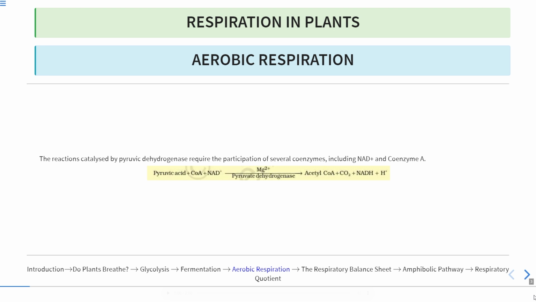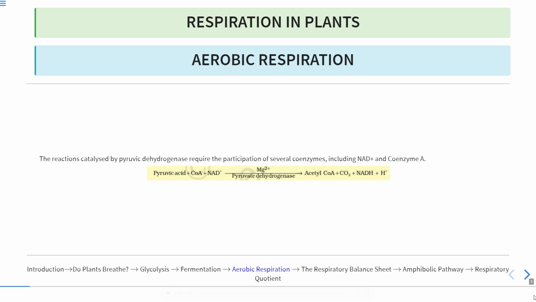Of course, this reaction takes place in the presence of a very complex enzyme called pyruvate dehydrogenase. You can see here pyruvic acid combined with coenzyme A and an NAD molecule. Coenzyme A and NAD are the coenzymes, and in the presence of magnesium ion, the pyruvate is converted into acetyl coenzyme